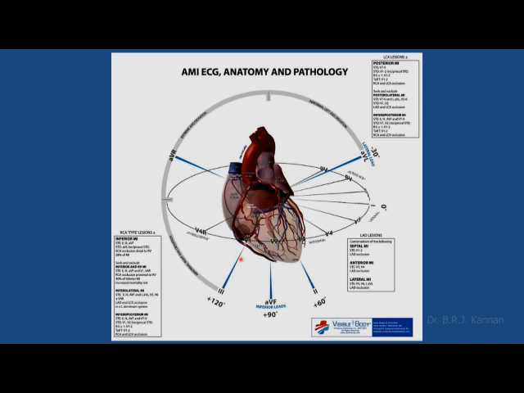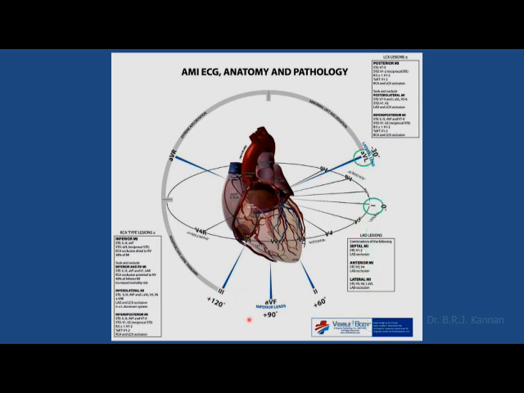Now see, this is the heart, the anterior surface of the heart, and you can see all the leads represented here. V1 and V2 are here. V1 is on the right ventricle, V2 is on the left ventricle. Between V1 and V2 is the interventricular septum. V3 and V4 are looking at the anterior part of the heart. V5 and V6 are looking at the lateral part of the heart. V7, V8, V9 are looking at the posterior aspect of the heart. We generally do not record V7, V8 and V9.